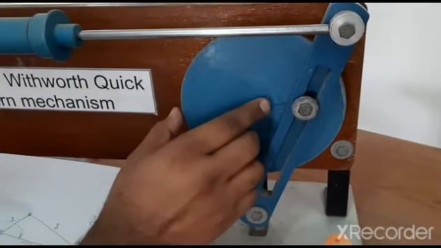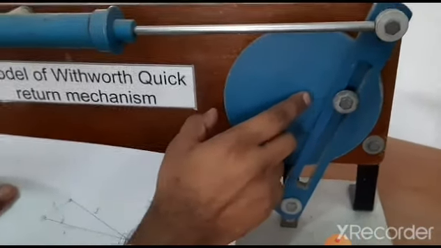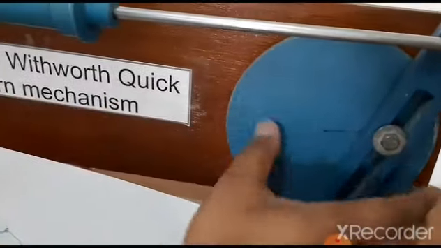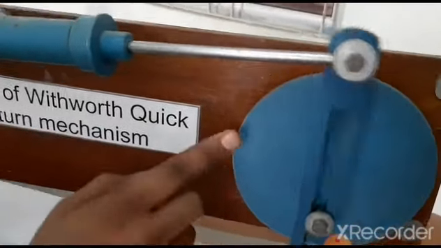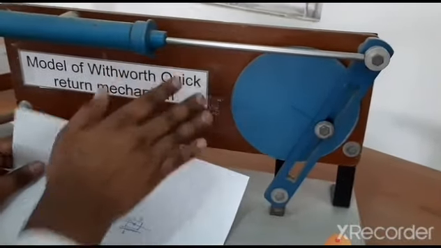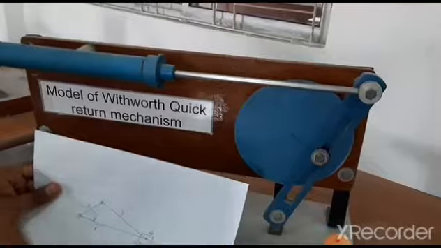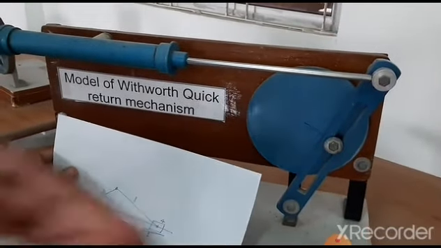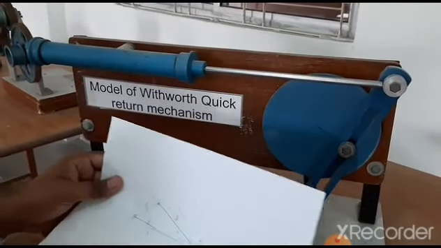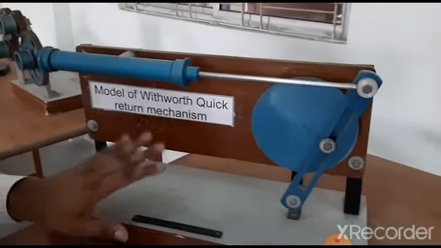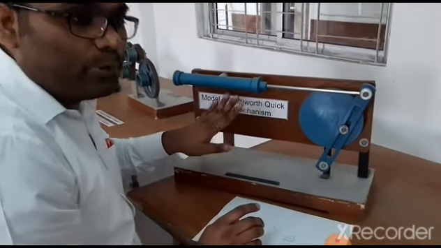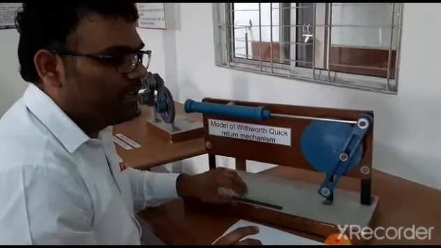So we can say this link 3 is connected to link 2. So all these elements, this is link 2, fixed. So you can easily understand why it is called the second inversion, because here link 2 is the fixed one. So dear friend, you know that the applications of this mechanism are used in the shaper machine